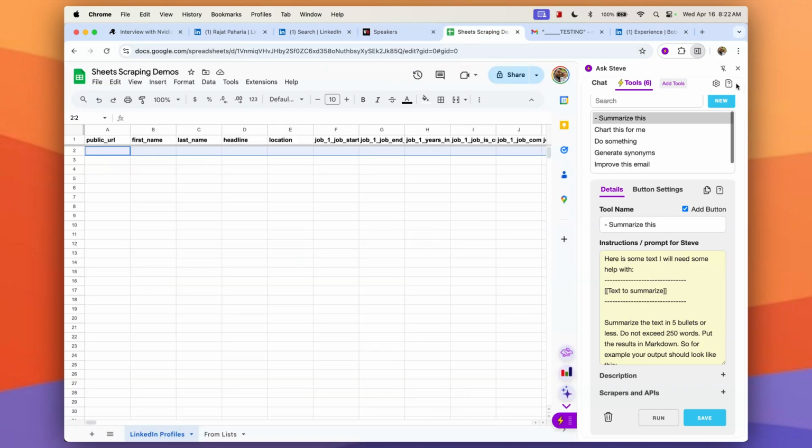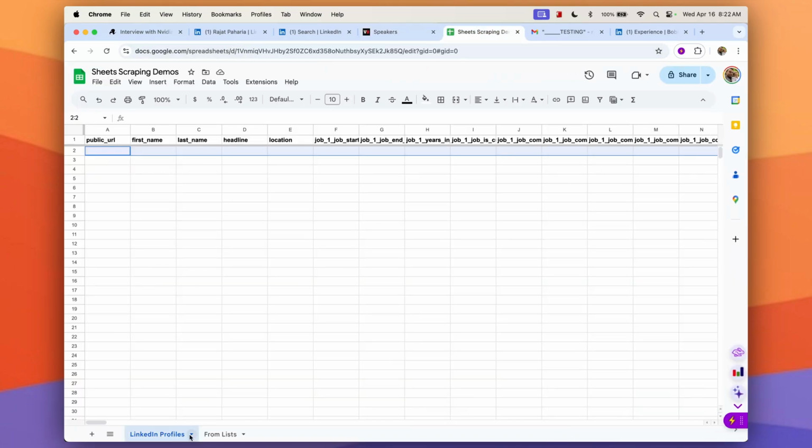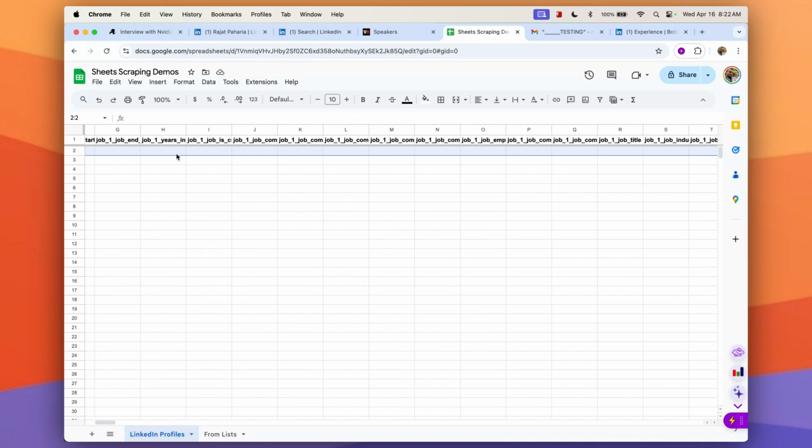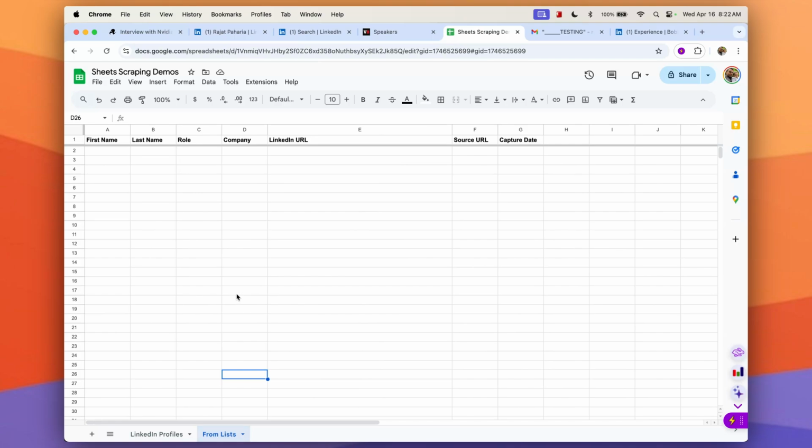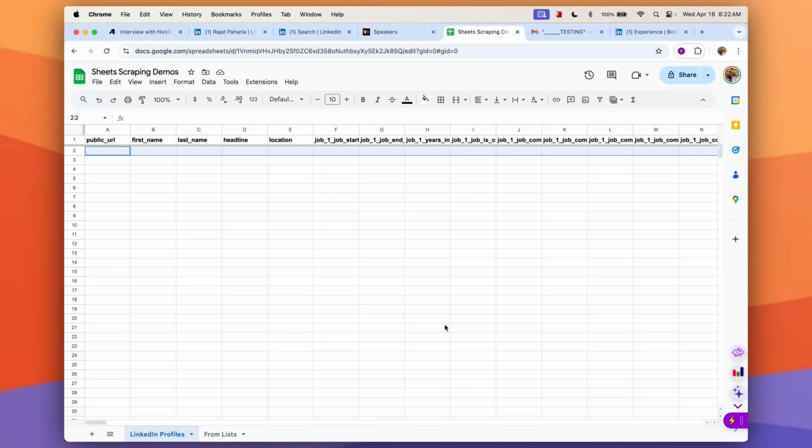So what I have here is a Google Sheet with 2 individual tabs in it. The first one is for profile data. So I've got all the fields that I want to get off a person's profile. And the second one is just for people that I can get from various lists on the web or on LinkedIn. Now, the way I can build my own custom AI page scraper for each one of these sheets is